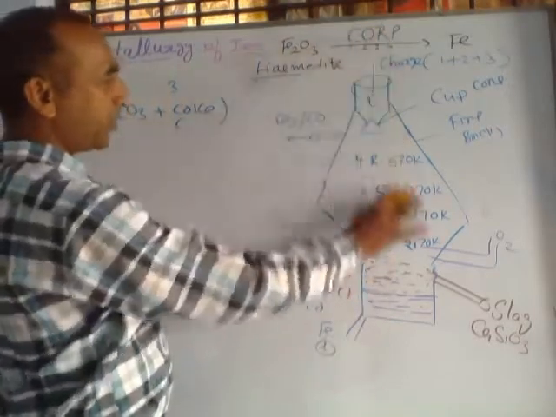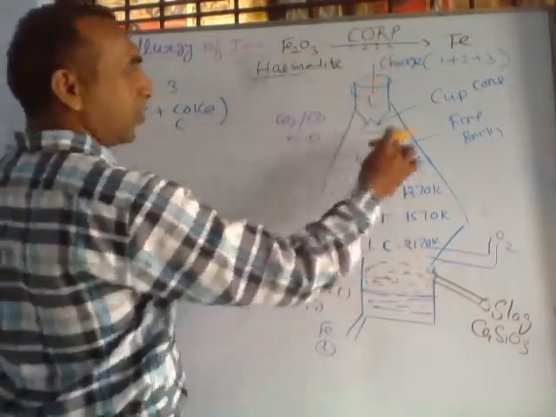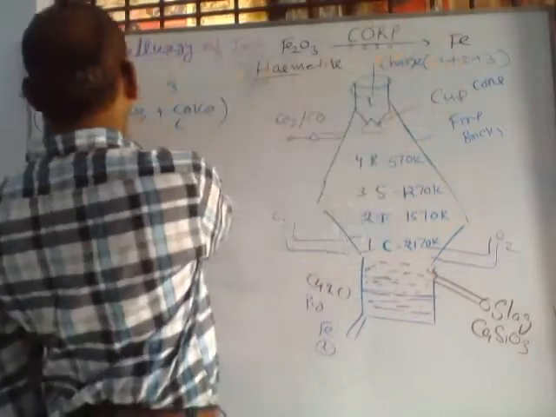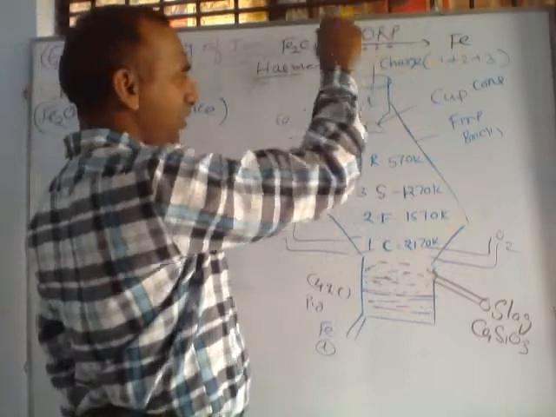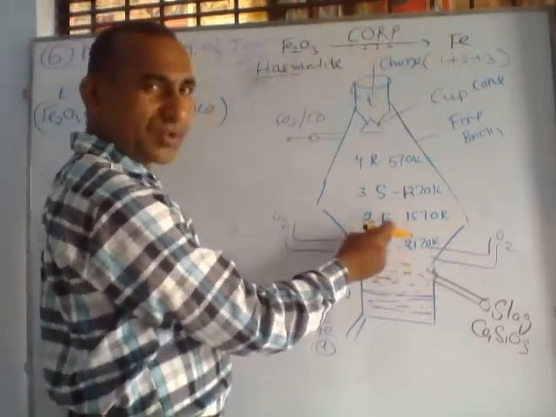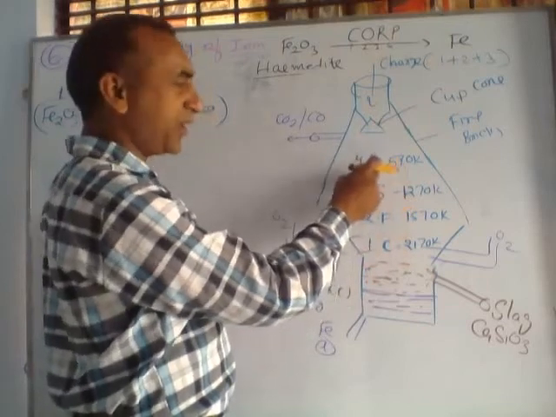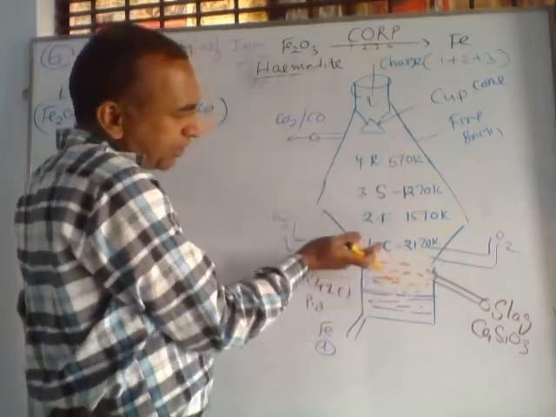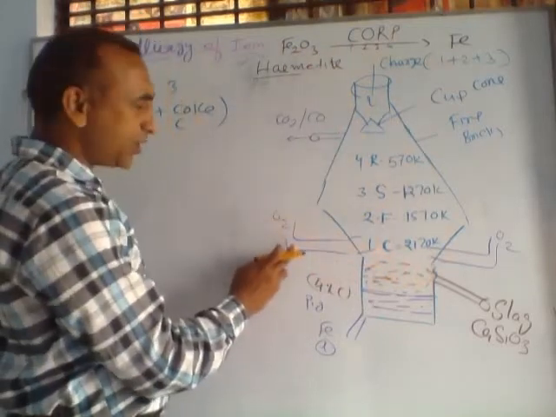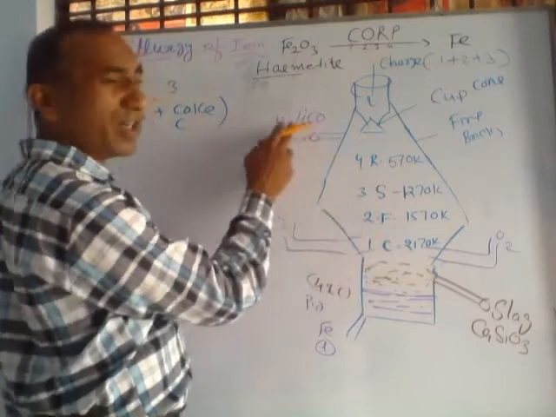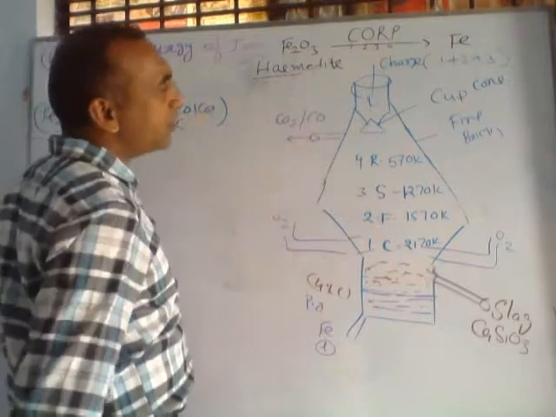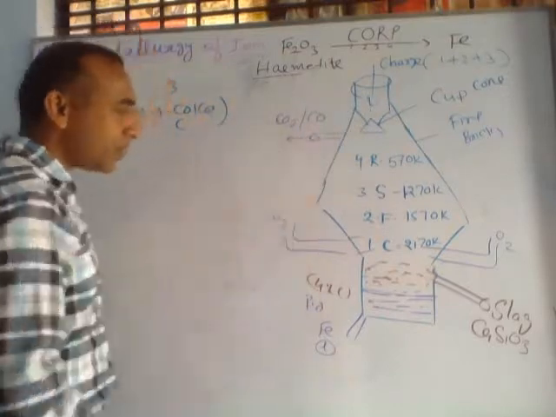So quickly, this is the fire bricks wall. Here in the cup cone system, we feed the mixture of these three things, and reactions start from here. First combustion, fusion, slag formation and reduction. Temperature increases, reaction starts from bottom to up, and we pass hot air here, this hot air reacts with carbon and forms CO, otherwise CO2, and these hot gases go out from these outlets.